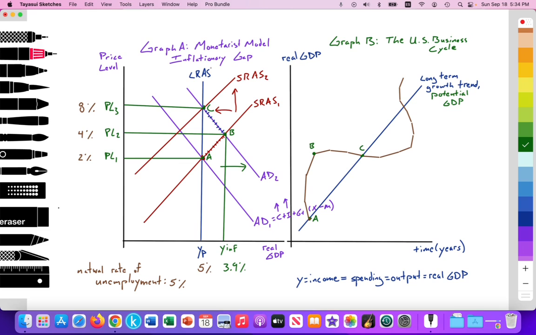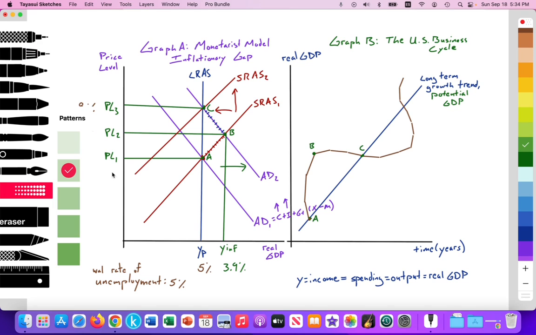In the monetarist model, we have a perfectly inelastic long-run aggregate supply curve, which is reflective of the long-term growth trend, the potential GDP. Thus, LRAS is full potential GDP, YP. We have a downward sloping aggregate demand curve labeled AD1, downward sloping according to the wealth effect, interest rate effect, and international trade effect, and we have an upward sloping short-run aggregate supply curve. Upward sloping because firms are incentivized to increase their output when the price level is greater than their marginal costs.